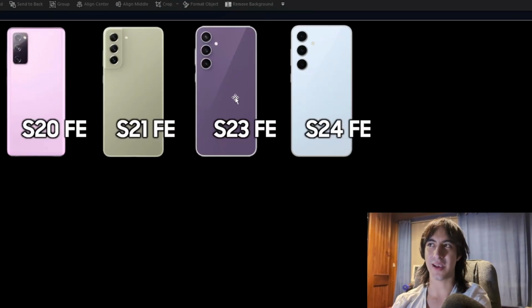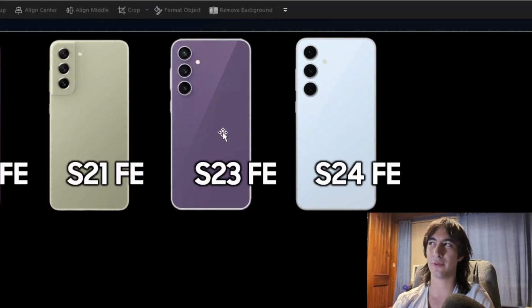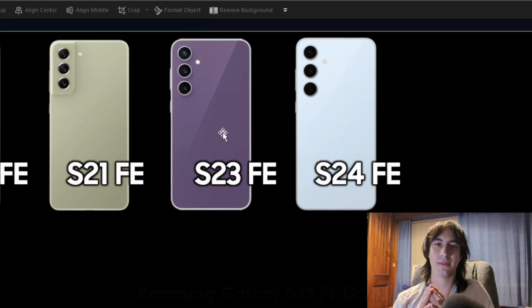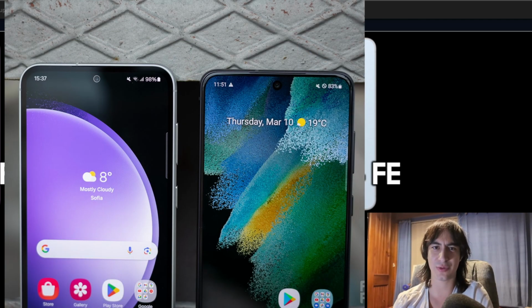Next up, we have the Samsung Galaxy S22 FE. Wait, no, the S23 FE. Yeah, I don't really know what happened here, but the S23 FE, guys. Now, instead of this phone being a cut down flagship model, this phone seems to be an up-spec'd budget model, because you look at the S21 FE and the S23 FE, and the S23 FE has actually got